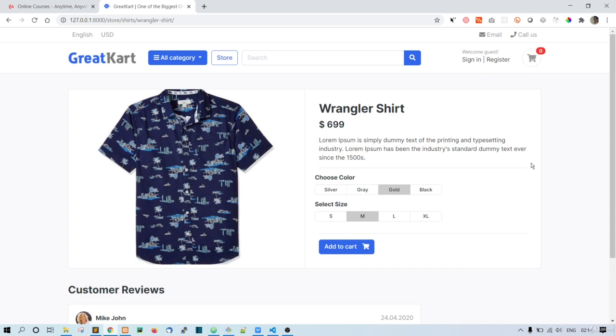Alright guys, so now we want to click on this add to cart button. Okay, so when we click on this add to cart button, it should take me to the cart page. It should also add this particular product into the cart. So when I say it should add the product to the cart, then that means we have a